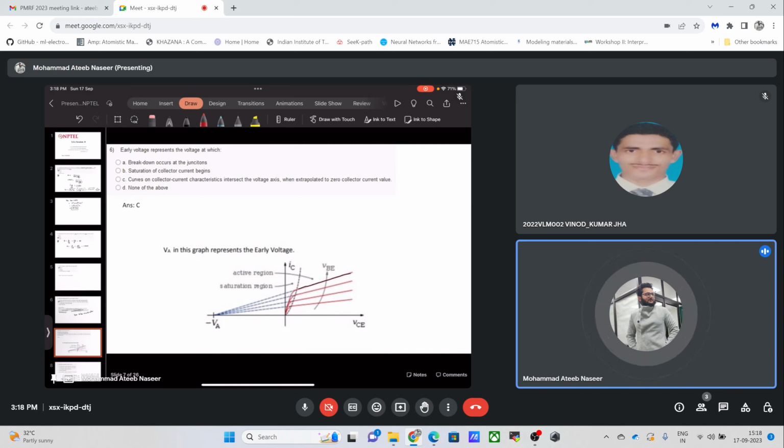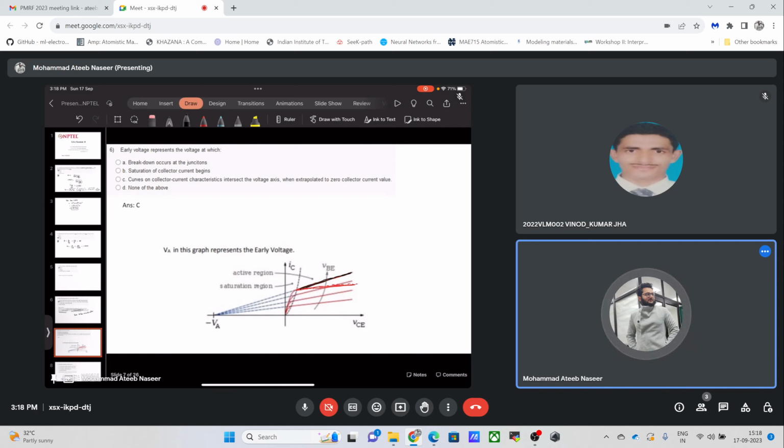By saturated I mean that it should have been like this, for example, the complete saturation should have occurred. But since we are getting the curves to be like this,